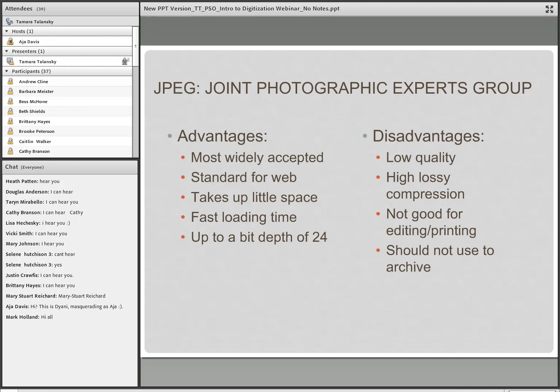JPEGs should never be seen as the format of choice for digital masters, but as a great choice for web delivery. Due to this reduction of their quality, they should not be used for long-term preservation. And just as an aside, there's also what's called the JPEG 2000, which is a bit contested in the cultural heritage community. Some want to start using it for master files as they take up a little bit less space and can reduce storage costs. But they're still a lot better quality than a traditional JPEG, but TIFF is still the recommended format.